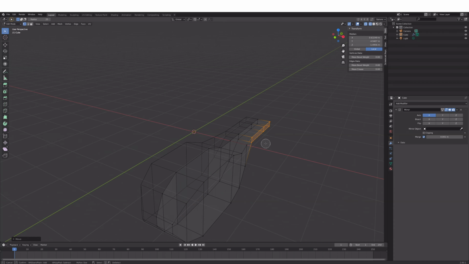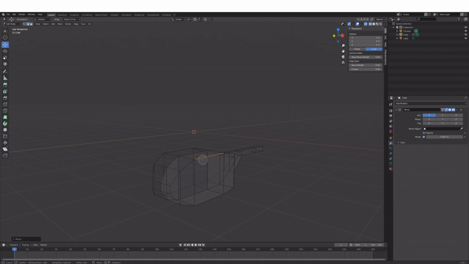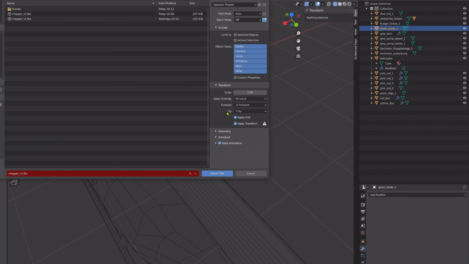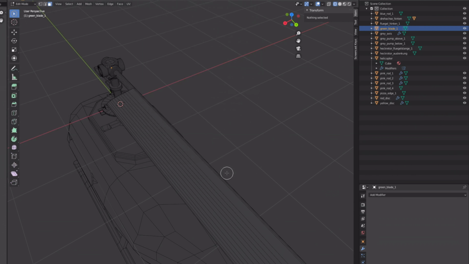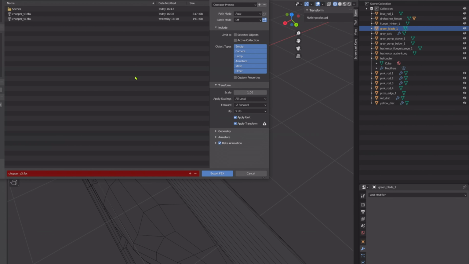The important thing to mention here is that when you export this file as an FBX file, I had to make sure that in the hierarchy there is only one series. They have to be in line, or at least be the first child.